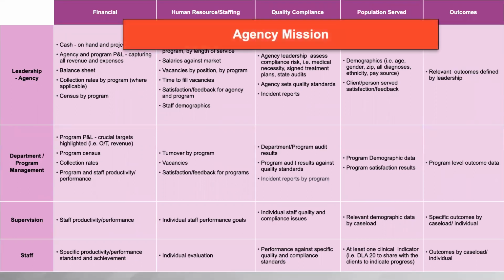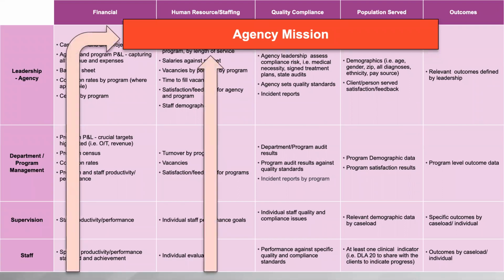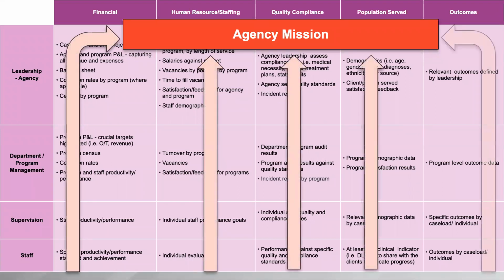I think one last point to make is that the agency mission should be laid across this. So any of these data points, any of this work that's been done should lead up to the mission statement. And I think one of the neat things about the way this is laid out is each of these areas within this matrix, working from the staff through the supervisor to the program to the agency level, should be like nesting dolls in that the data connects from staff to supervisors to programs to agency leadership to mission,